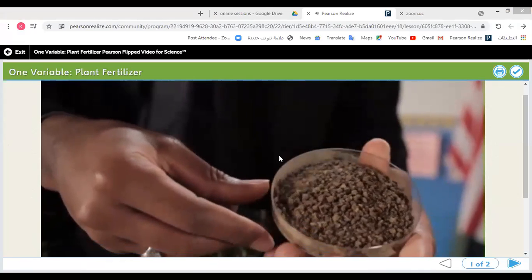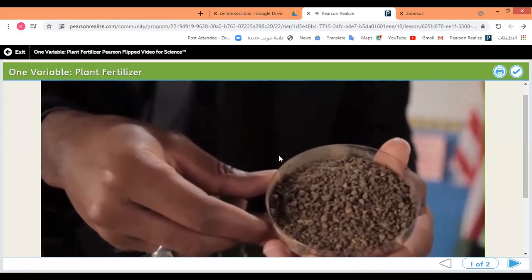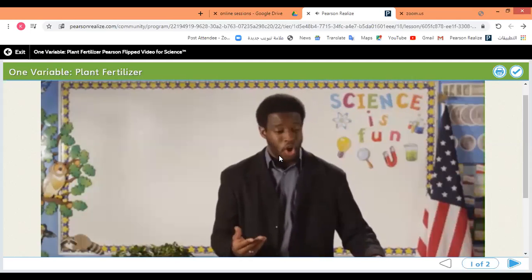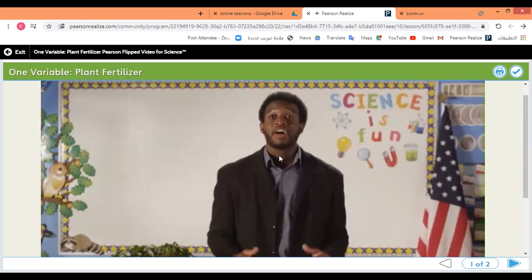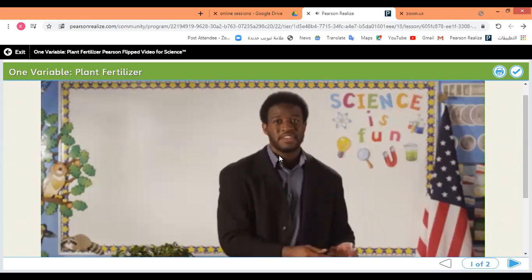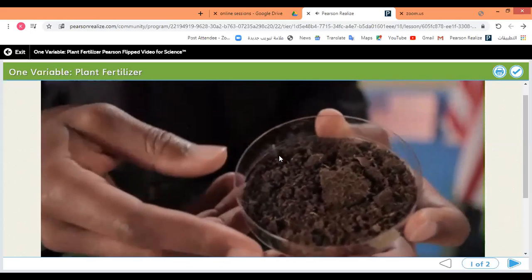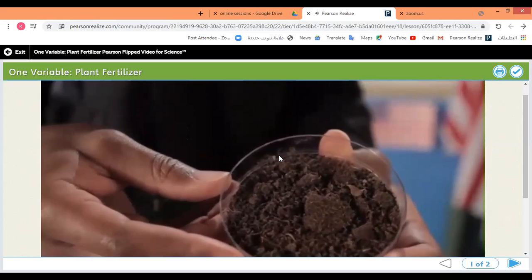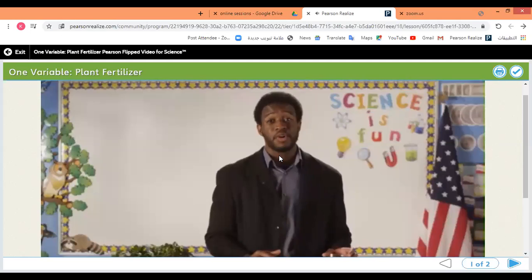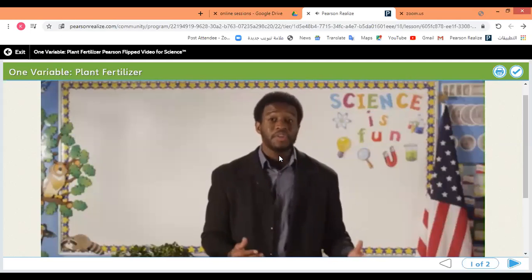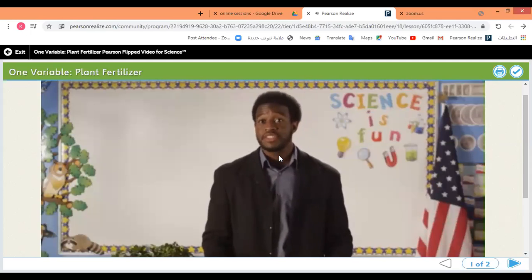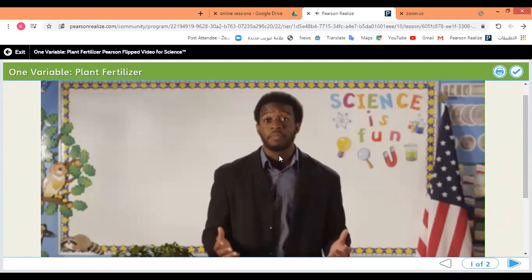It can come in pellets or in granular form like this. This fertilizer is designed to be natural and harmless for plants. Our final type of fertilizer we will be testing is called peat moss, which is a type of organic fertilizer. It is a plant that is often used as fertilizer and, unlike the other two, is not made up of multiple materials. Our investigation will answer the question, which of these three fertilizers produces the most overall plant growth in